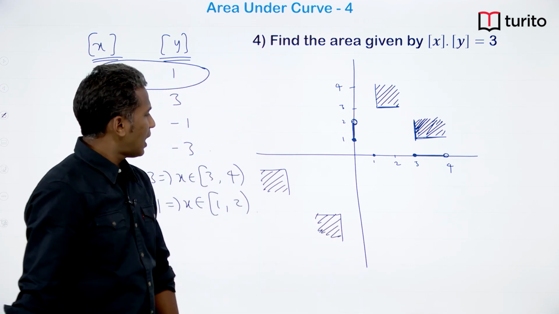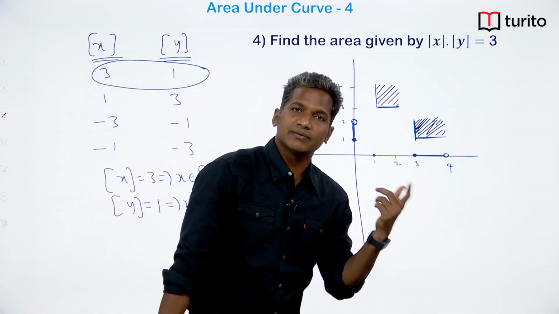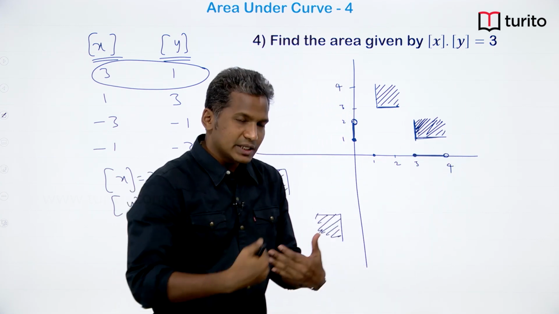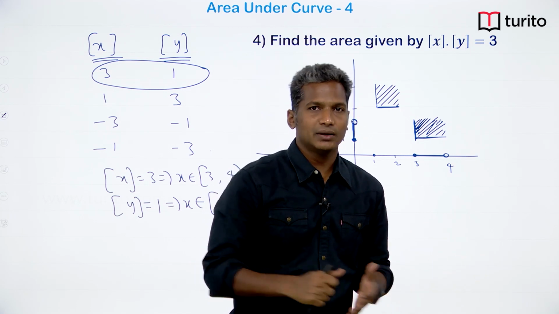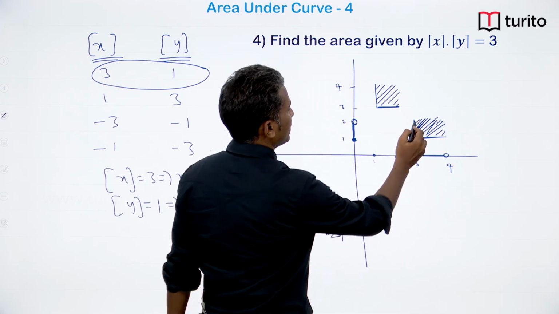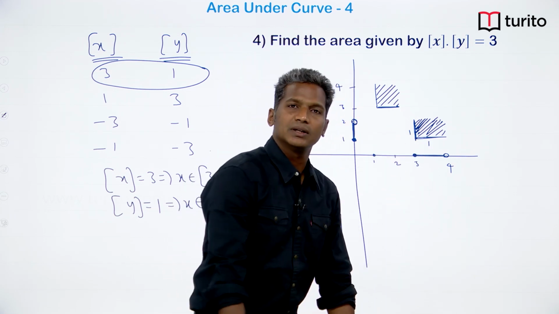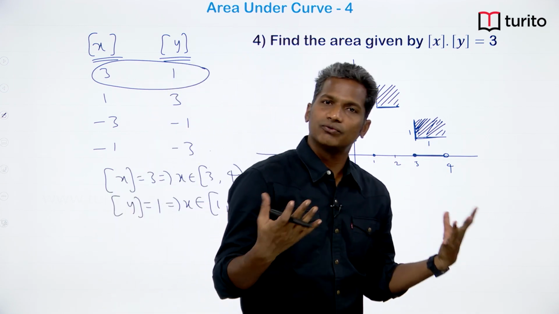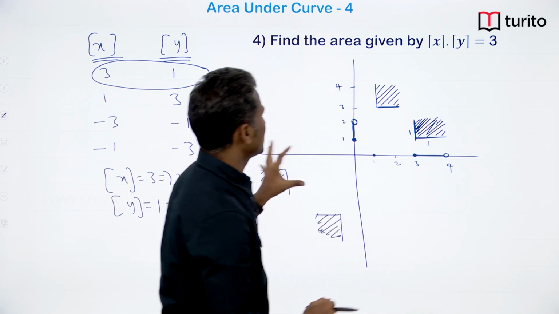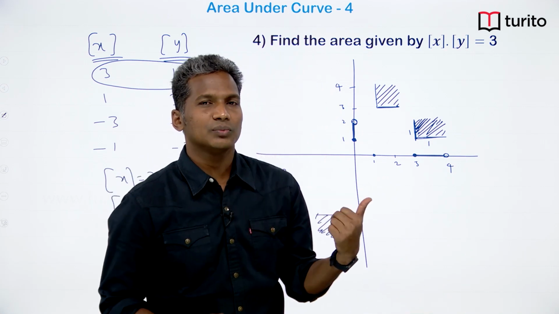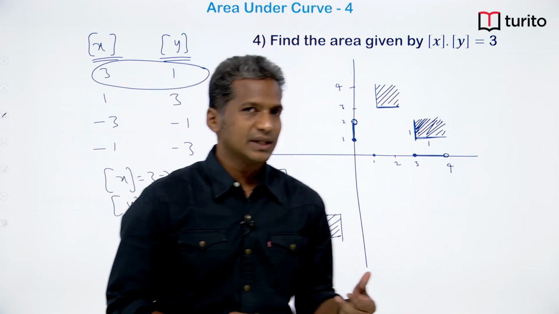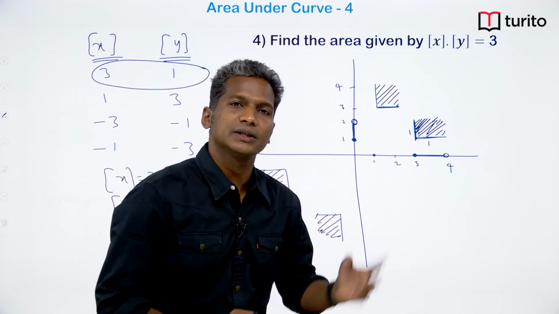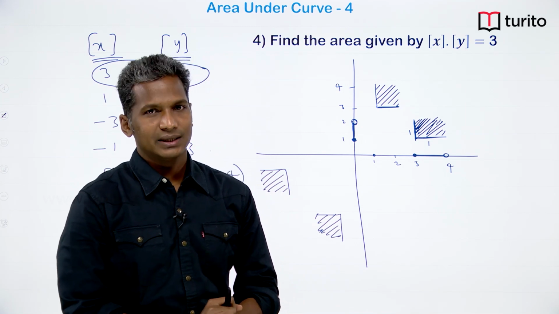Okay. And each part looks like a square, but we do not have two boundaries. But just removing boundaries will not change the area. So, area of this square will be, because sides are 1, 1, area is 1. Similarly, for all 4, the area is 4 units. So, that way we can solve this problem, but this is also purely based on graph. As I said earlier in the earlier question, if it is involving box function, then it is definitely a graph based